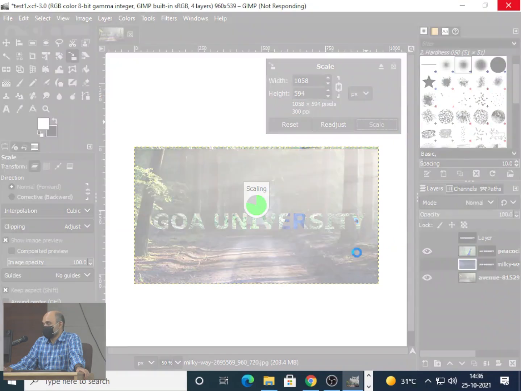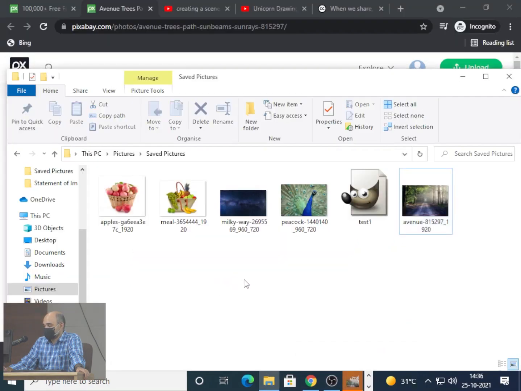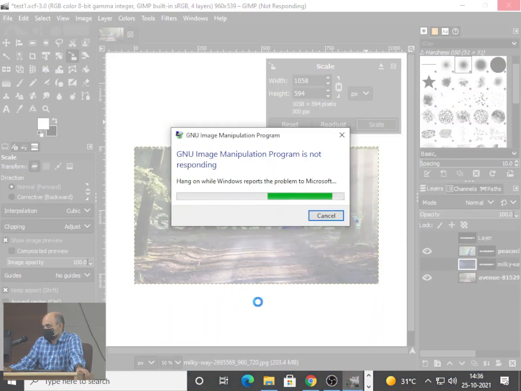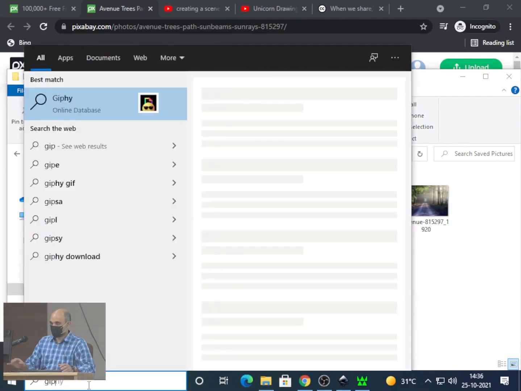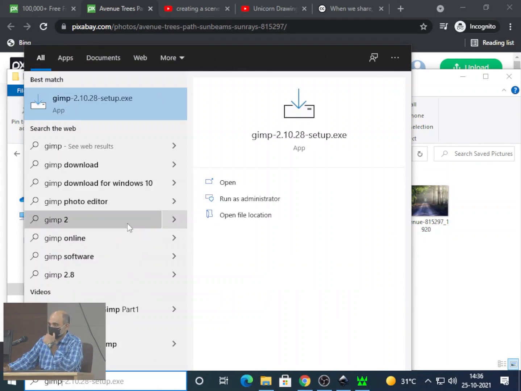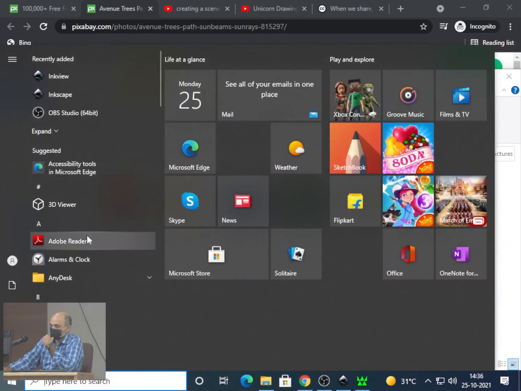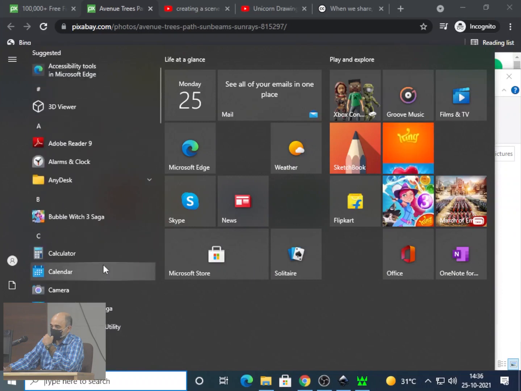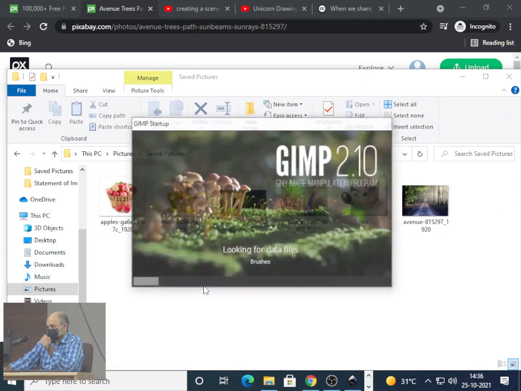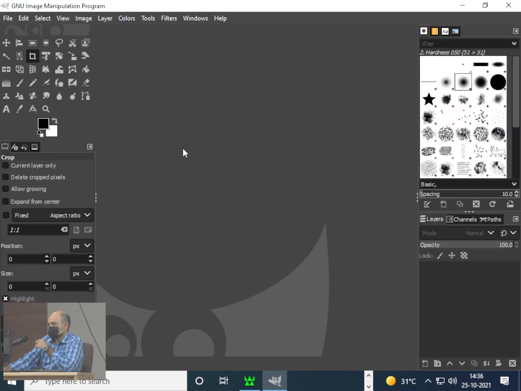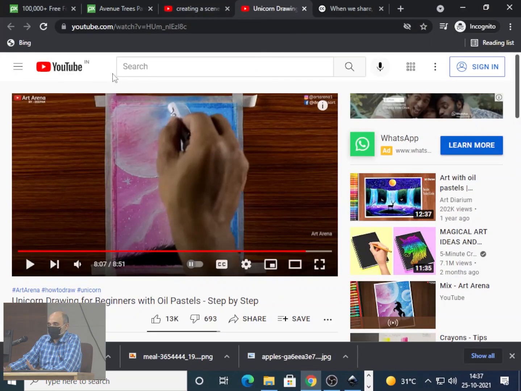Not scratch in the sense of programming in Scratch, but did you understand masking in painting? Okay. So we'll see how to do it.